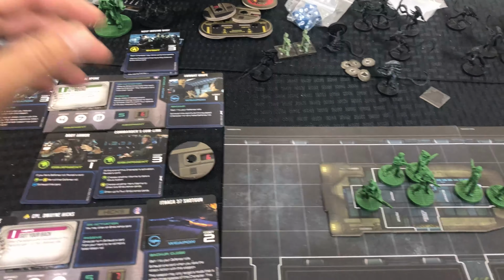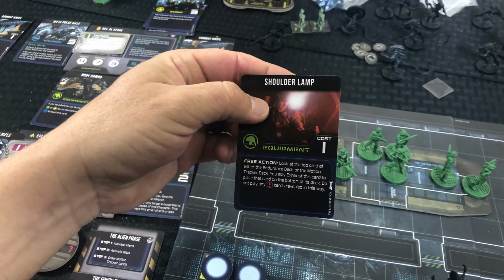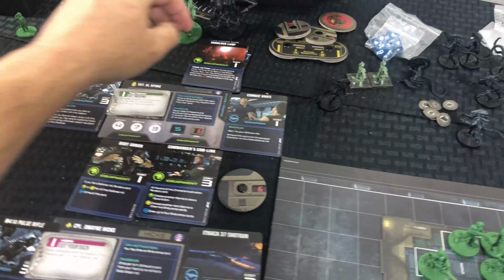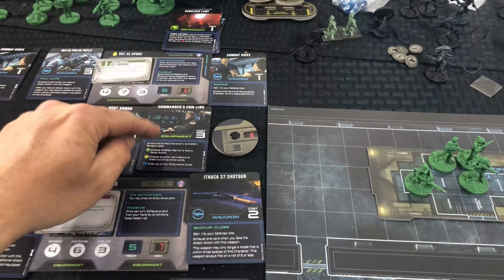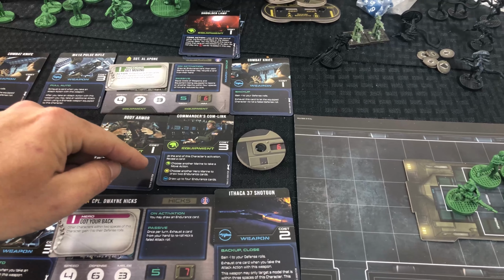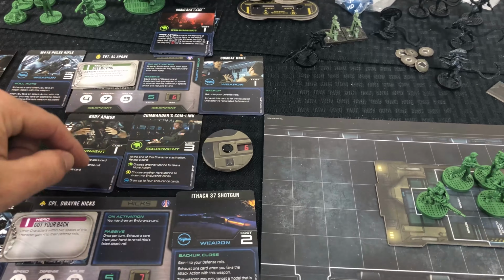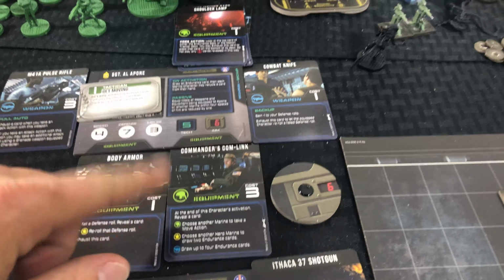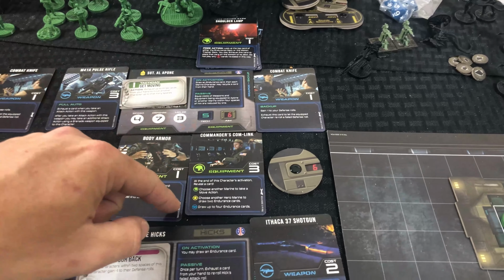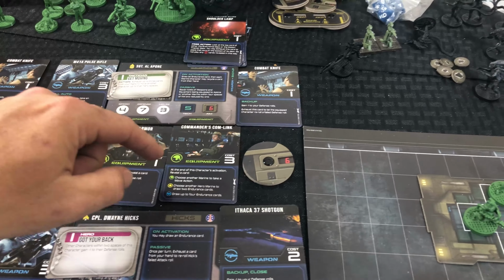Well, let me do my first activation thing where I draw an endurance card for him. And it is a shoulder lamp. Yeah, we'll throw it in this deck just in case. Want to recycle it later, but thinking about using his Commander Comlink and drawing a card at the end of his activation so he can give another Marine a chance to take a move action. And that would have been the perfect card to draw to do that. So I might not even waste the shot. I can just hope that there's another equipment card in there, because if there is, then I can give...